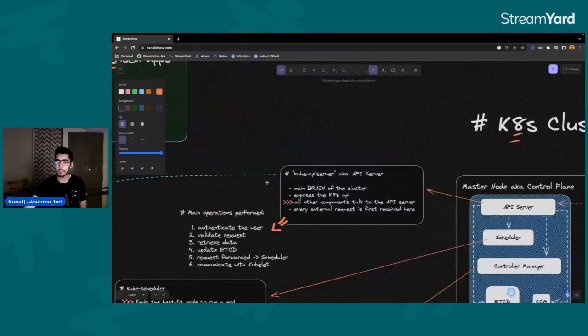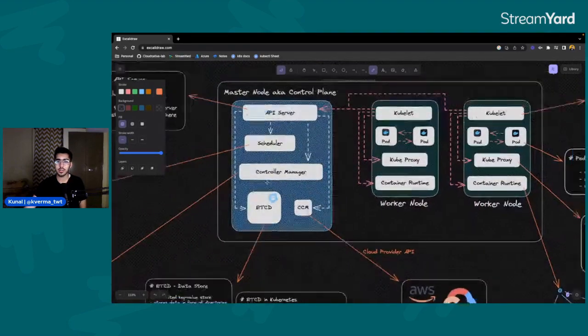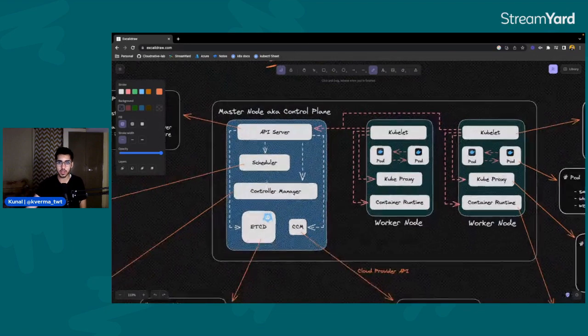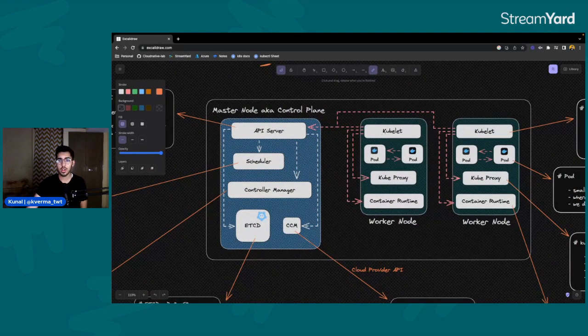Now comes the most interesting part of the video, the architecture itself. After this video, if anyone asks you, what is a Kubernetes cluster, you'll definitely be able to explain what the components are and what a Kubernetes cluster consists of.